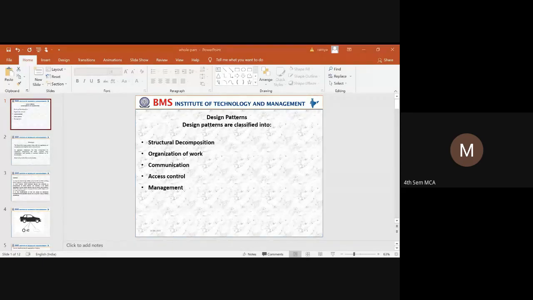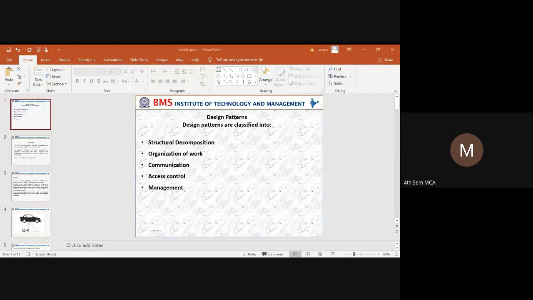And next is the communication pattern. In the communication pattern, we need to organize all the communication between components. So when we are using peer-to-peer communication, how the communication can be provided with respect to the different address issues of interprocess communication.